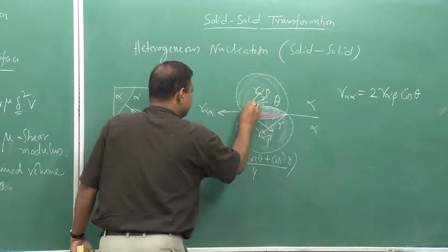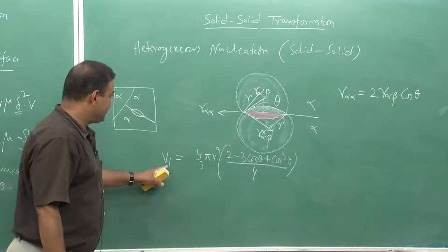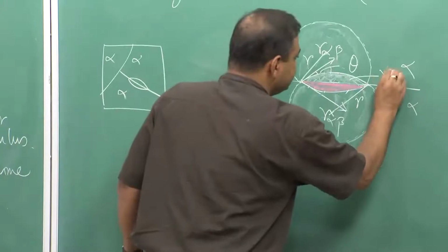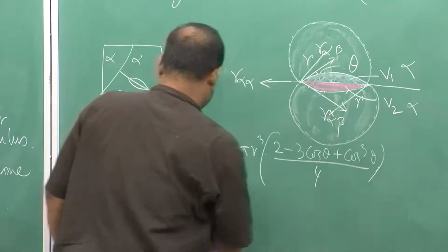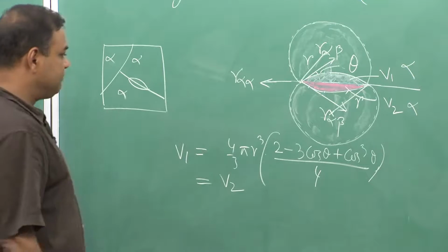If this is the center, this is also R. So, if this is V1 and this is V2, V1 would be equal to V2, and then the total V would be